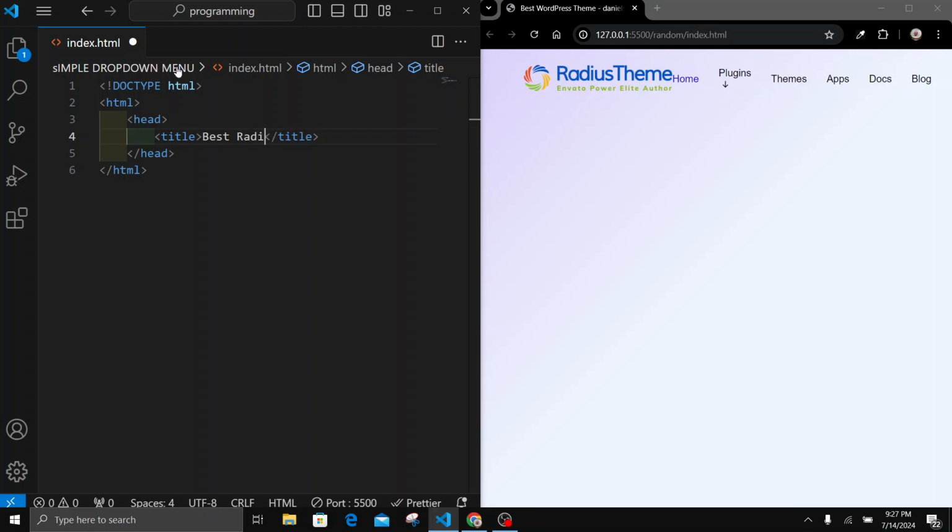radius, I hope that's how you spell it, radius theme,